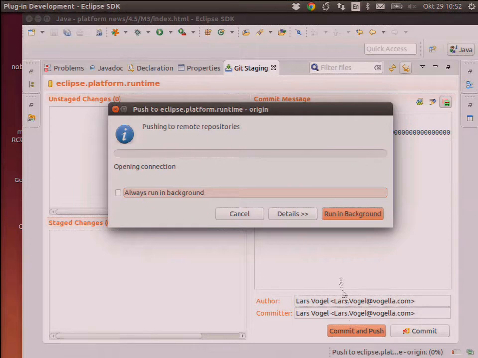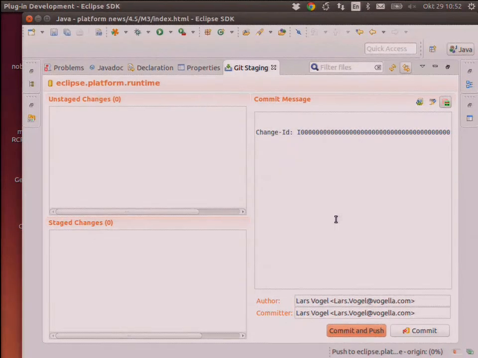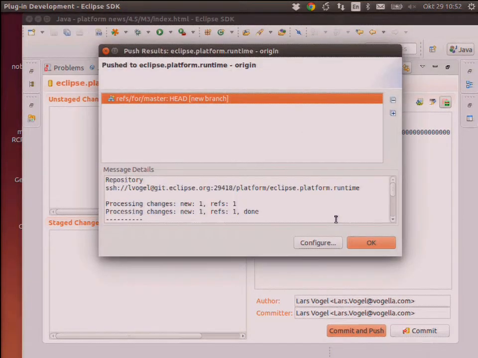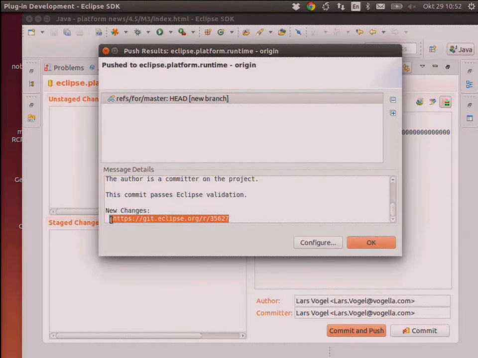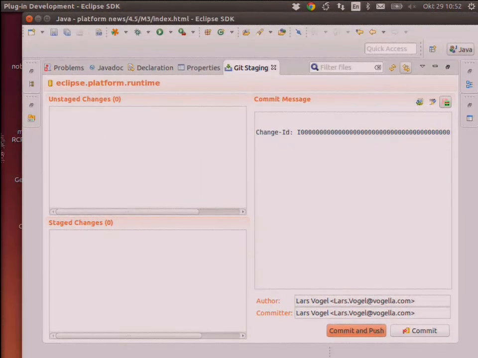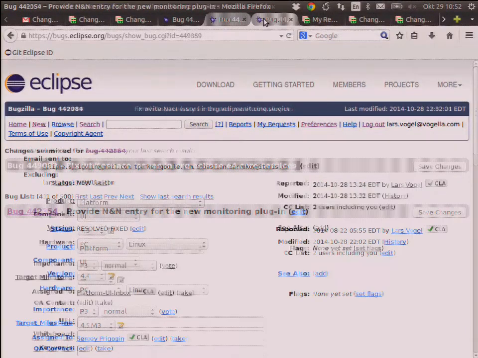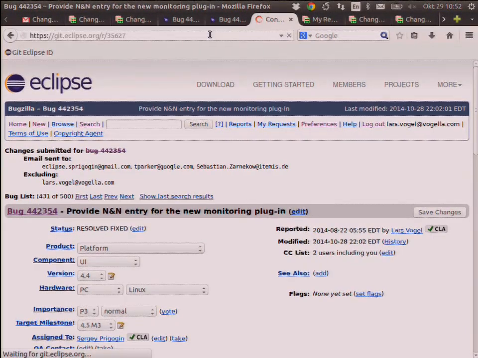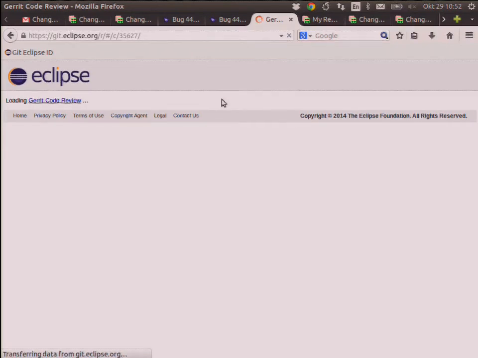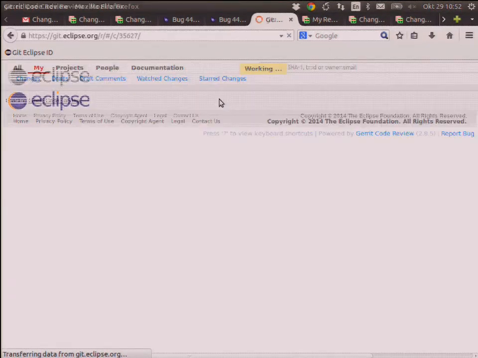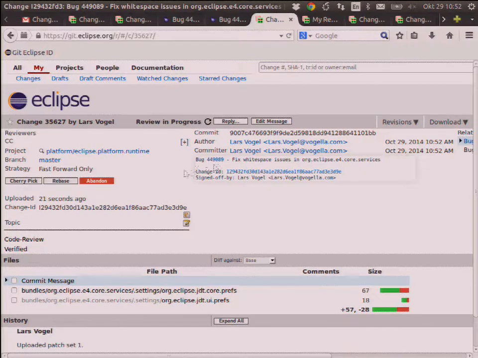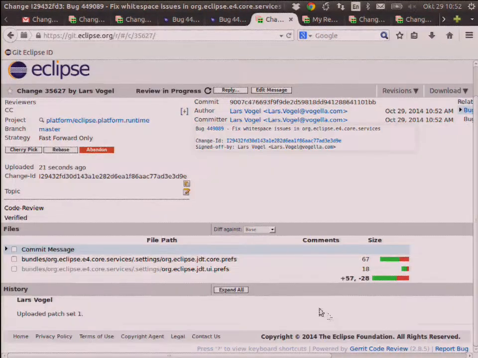So I commit and push that. And again, if the gods of internet are with us, I should create a new Gerrit review. I always push to Gerrit. Other committers are committing directly, but I think it's fair to a general audience if everyone uses the same tools. So I basically go to my review, and I review it, and now I say, awesome, right? Just look at the details, but I know what's happening here.